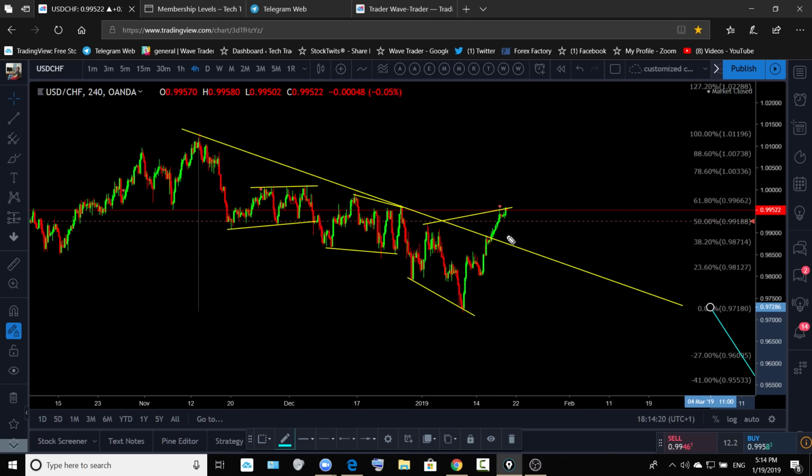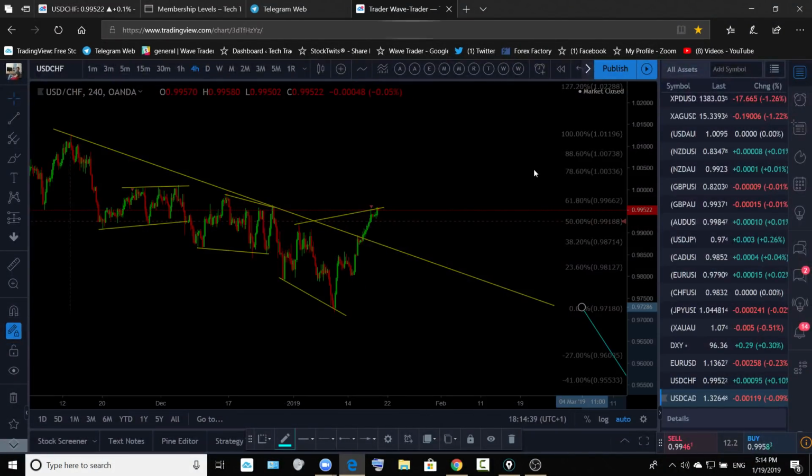But I don't think we're going to see that correction for more upside, and the dollar chief is going to collapse to the downside from the current price like that, and we're going to see the continuation like that trade. All right, so or more downside for longer term. We are longer-term bearish on the dollar chief from the previous high, that high.